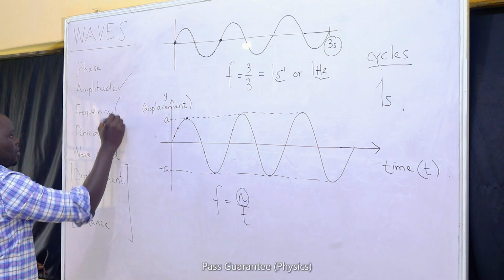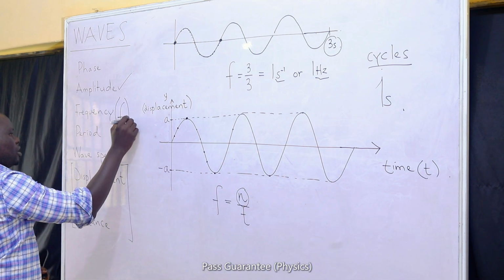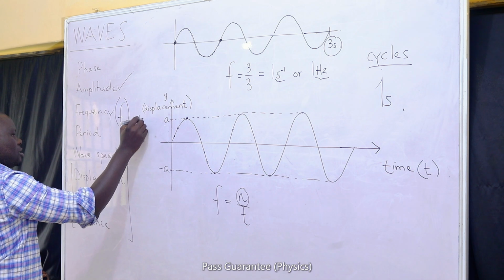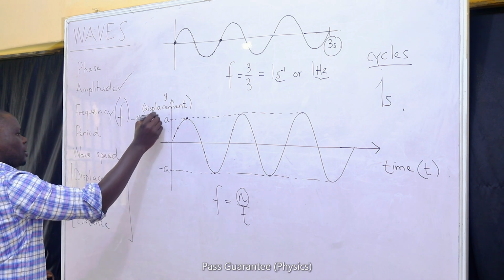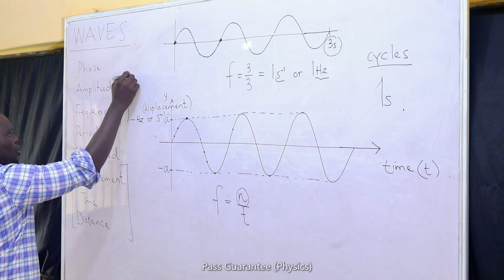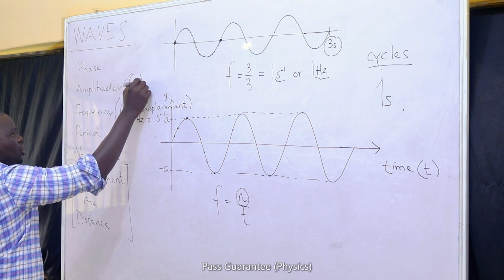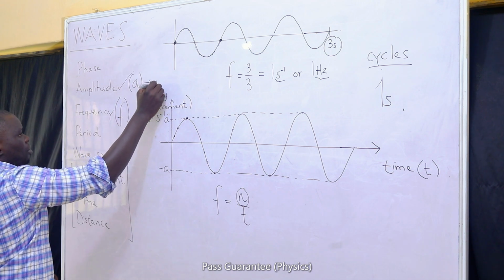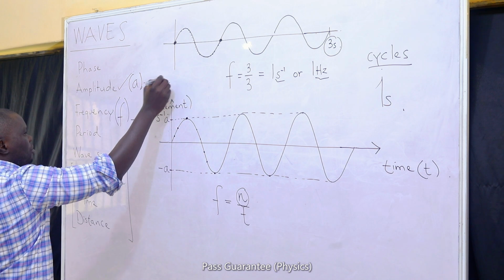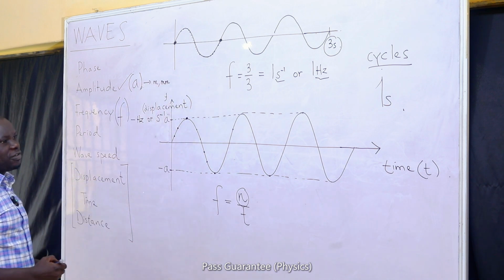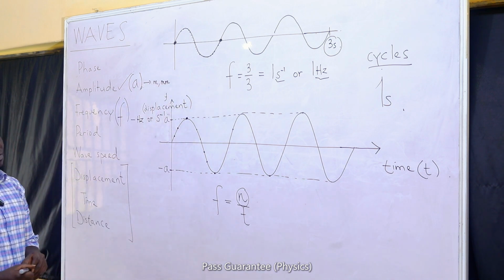So I'm going to write frequency as F. The unit of that F is hertz or per seconds. Amplitude, don't forget, is represented by A. Its unit is meters, but it can be in smaller units because the amplitude we are generally expecting for some waves is very, very small.